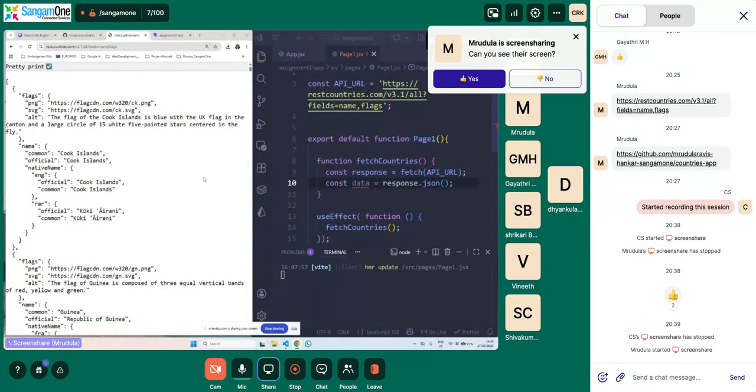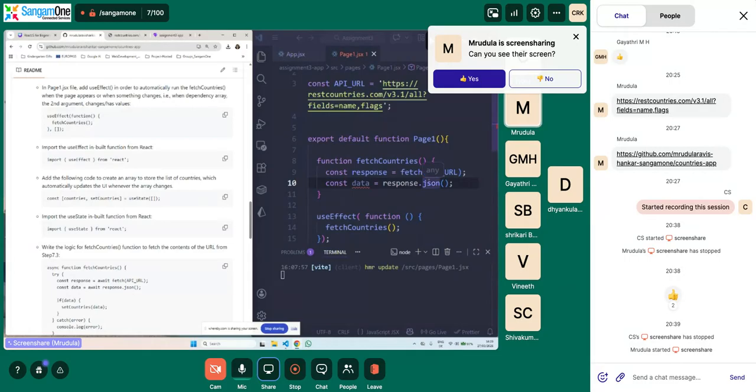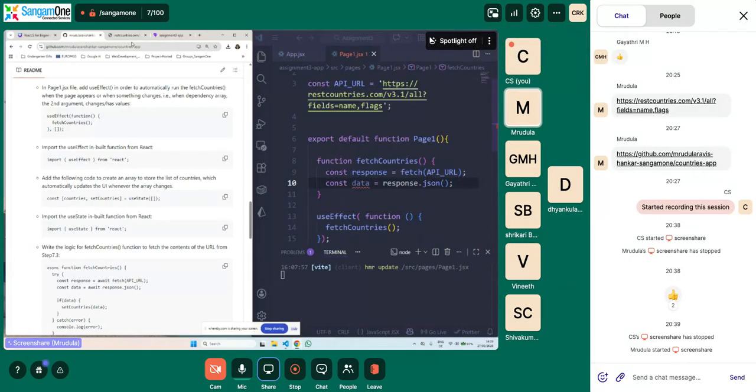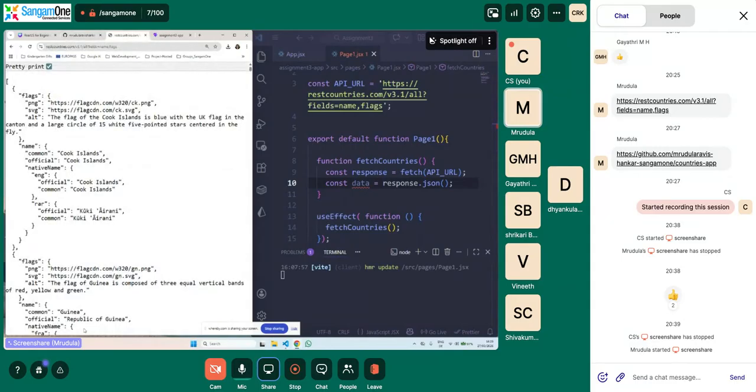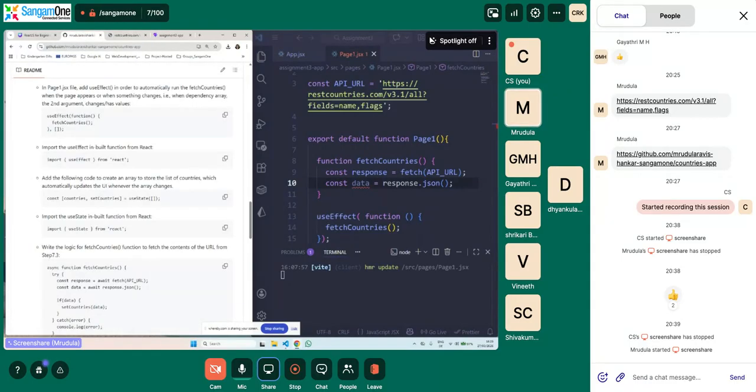Okay. So what we did now was we converted the whole data into JSON. The data was already in JSON, right? Therefore, we applied the function dot json, right?